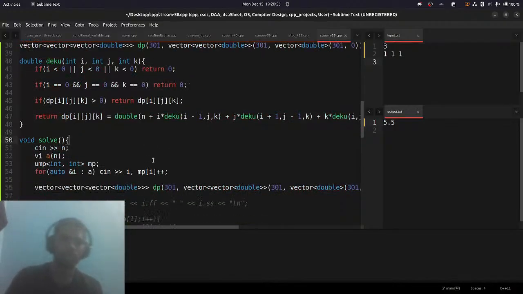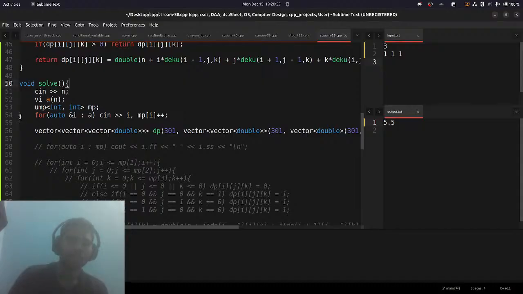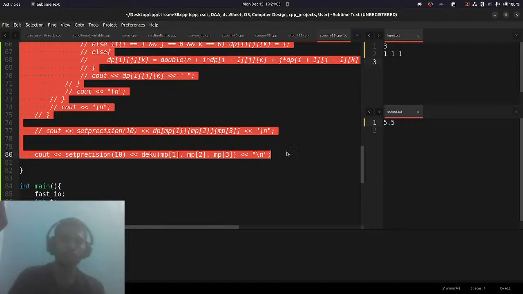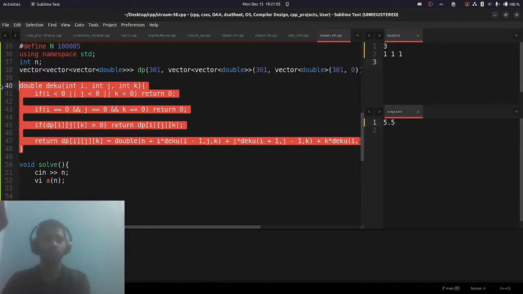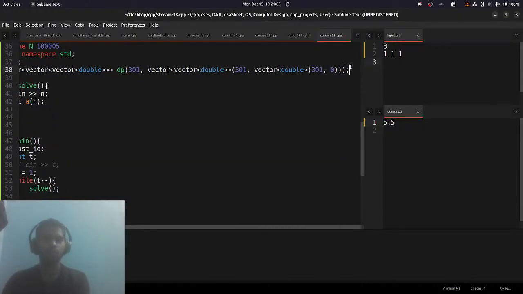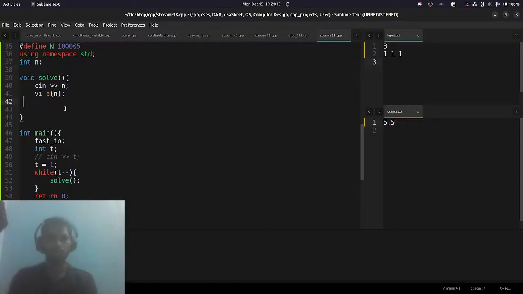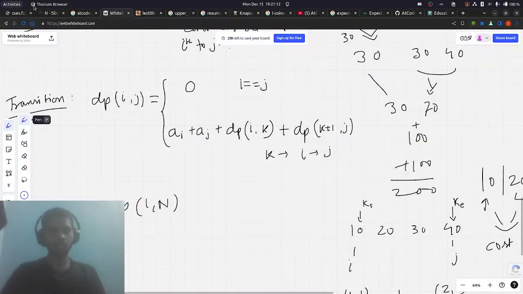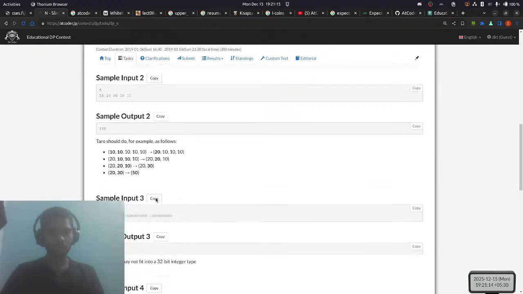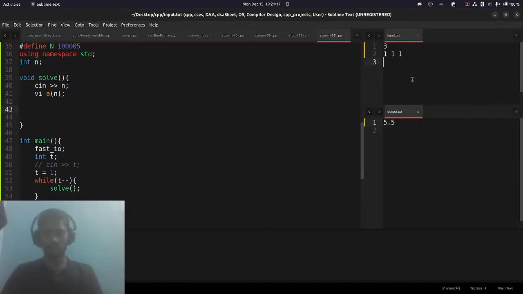Okay, so let's implement this. We don't need all this, we need this. Okay, let's remove all this. We don't need this, we also don't need this. Take input for one of them, I like this test case, so I'm taking this as input. Okay, we have n, we have taken the input I, and this can exceed 32-bit integer, so okay,